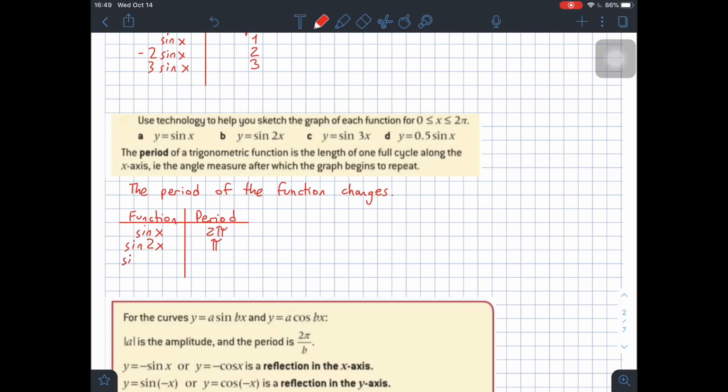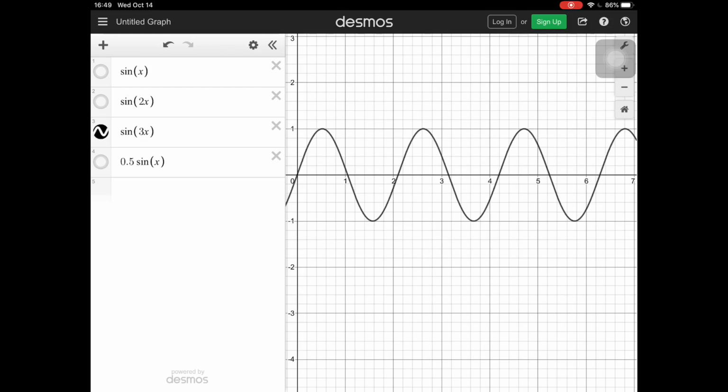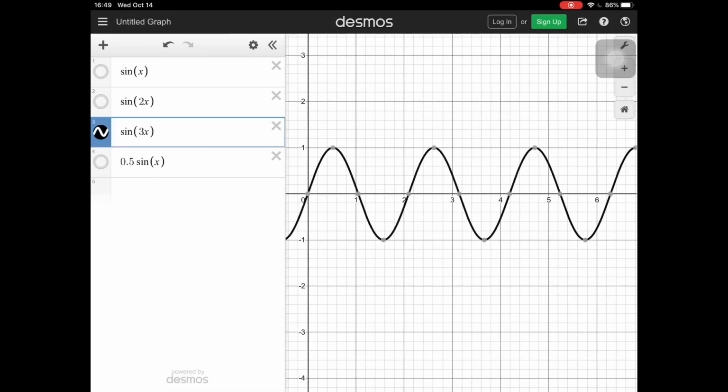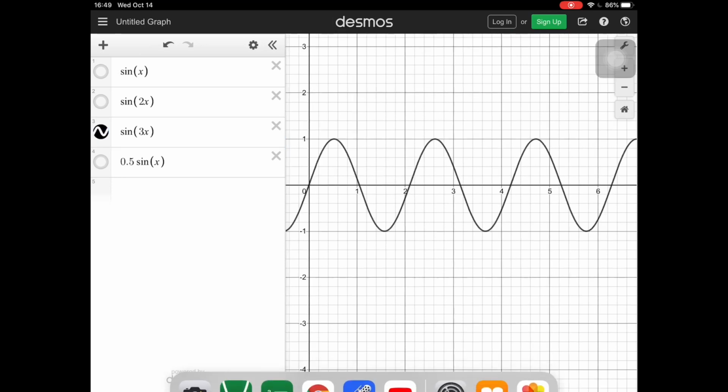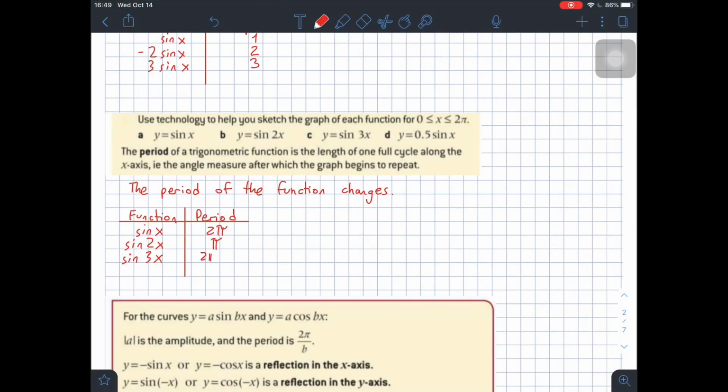Then what if the function is sine of 3x? If the function is sine of 3x, let me draw this one over here. It starts here at (0, 0), and it ends its first period right here. So it's 2 pi over 3. That's the period. Let me show you again. There you go, 2 pi over 3. So if we go back, the period now is 2 pi